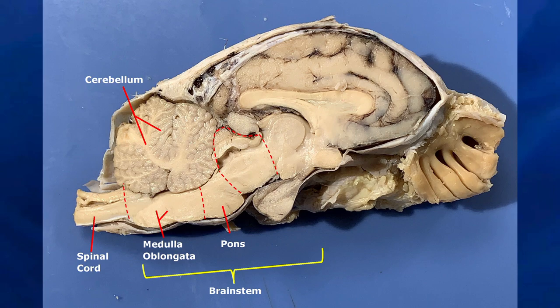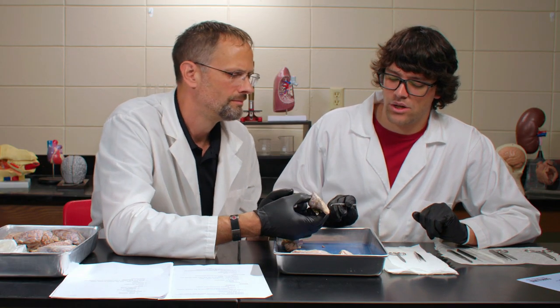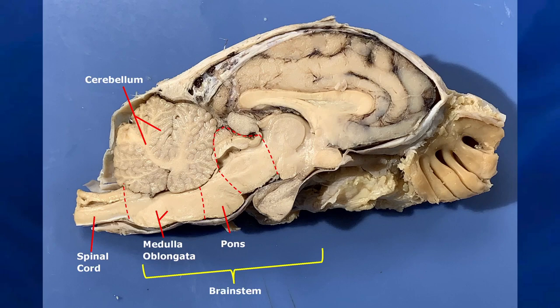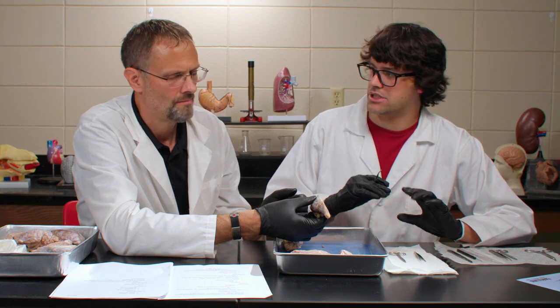As far as function, the brainstem is one of those things where it doesn't have one nice, neat function, like the temporal lobe we can give hearing. The medulla does a lot of stuff, or the brainstem does a lot of stuff, but in general, it's going to be vital function. So here we'll have respiratory centers to control breathing, cardiac centers to control heart rate, things like that. There's some sleep stuff in here. So in general, we're thinking vital functions.